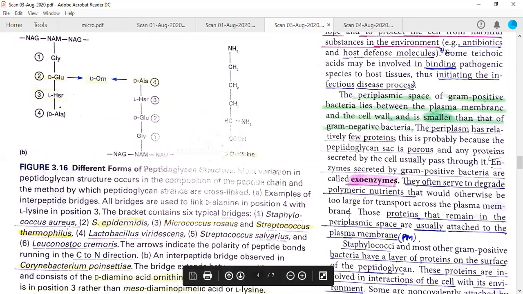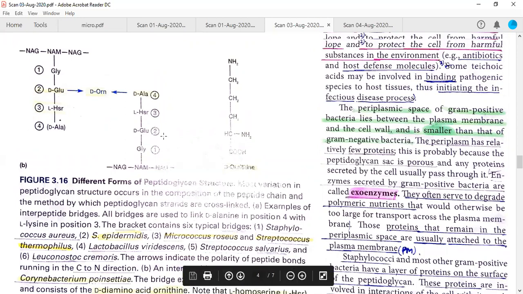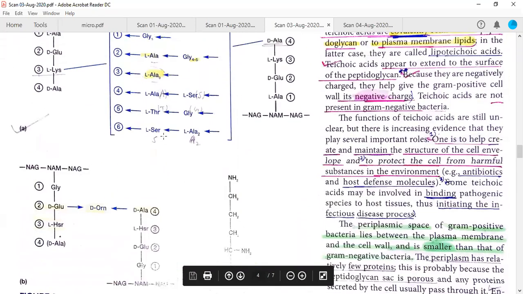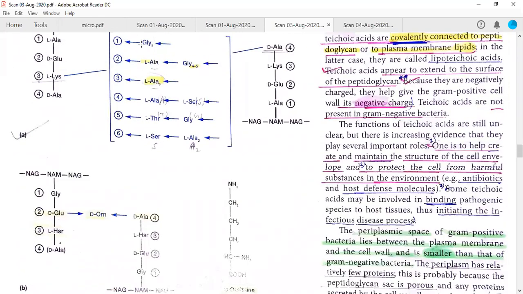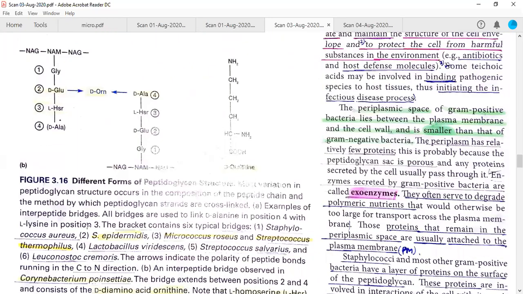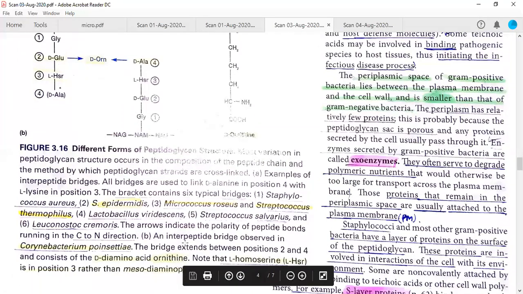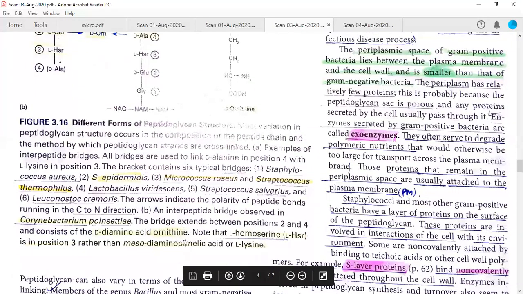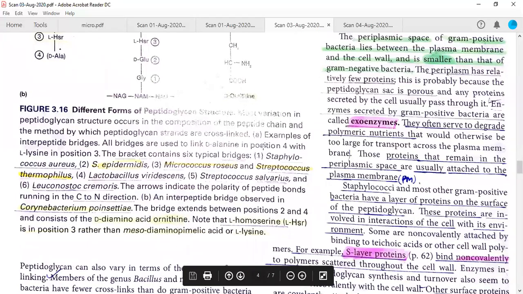For the first, this is seen in Staphylococcus aureus. So this glycine pentapeptide bridge is found in S. aureus. The second one is Staphylococcus epidermidis, Micrococcus roseus, Streptococcus thermophilus, and so on. There are many different microorganisms, gram-positive bacteria, which show this type of cross-linking pattern. So this is all about how the